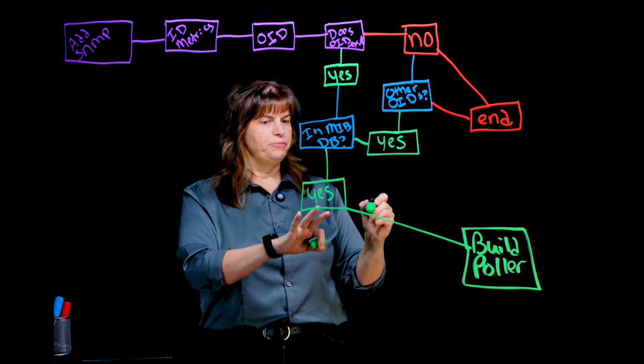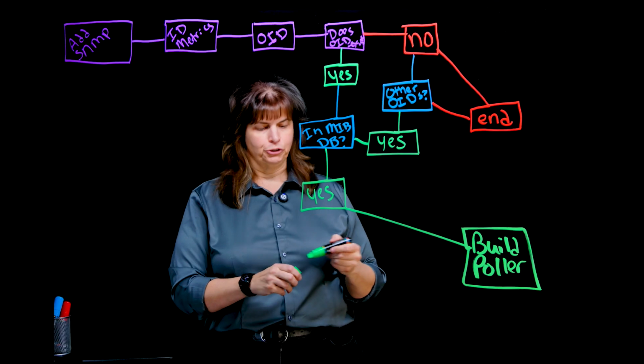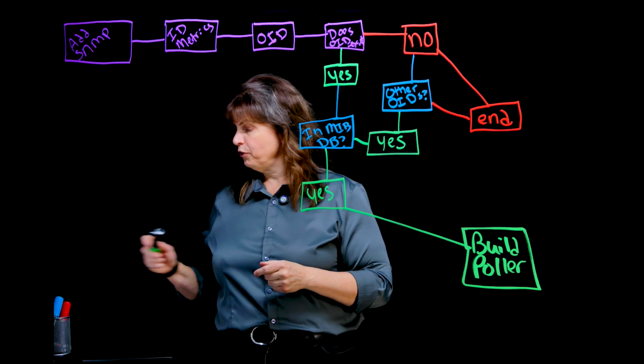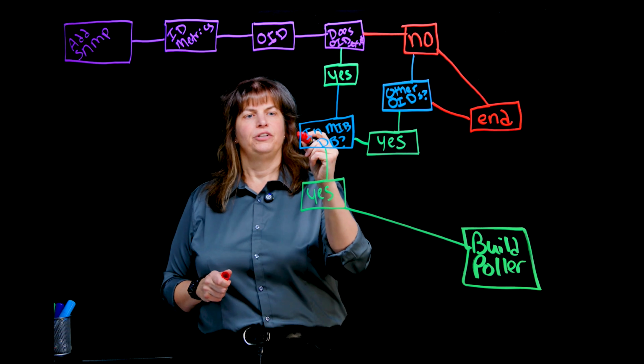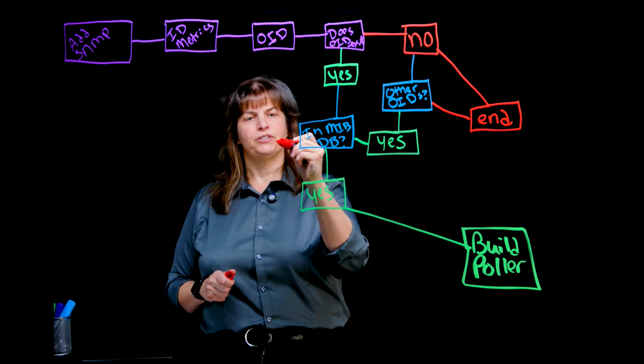So if they are in the MIB database, they're there, you can use them, you can build your polar. Okay, so what if those OIDs are not in the MIB database? So if they are not in the MIB database,